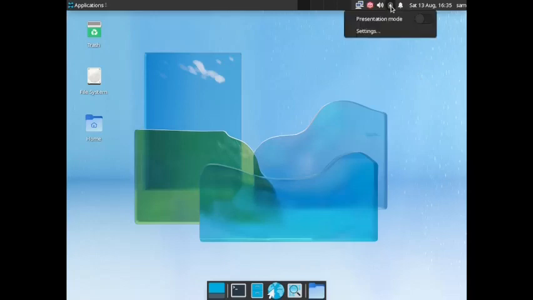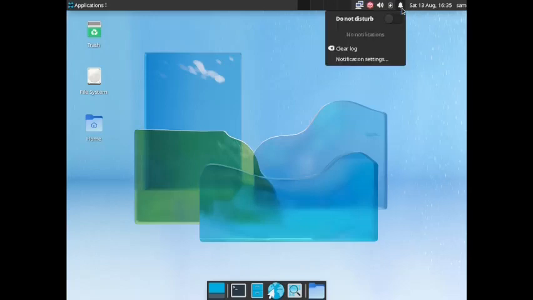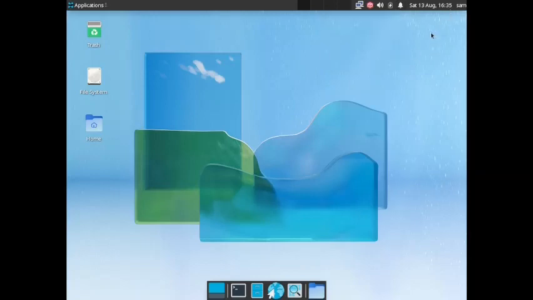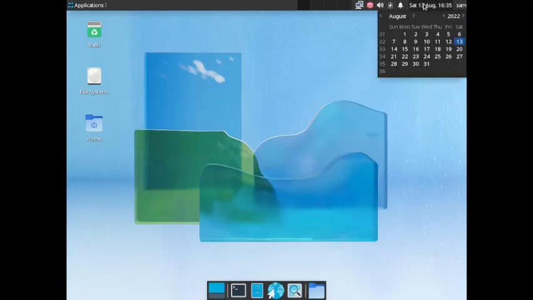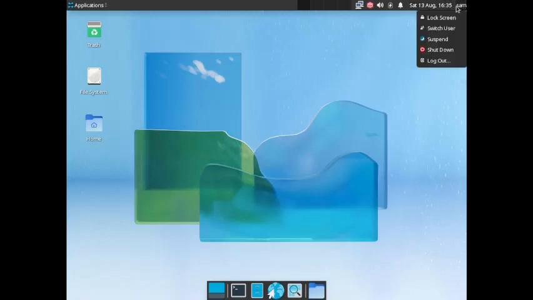Then there is the battery manager, so you can toggle the presentation mode directly, and you can do further settings by clicking on settings. Then you got the notifications with the DND option. You can clear the logs. You can do further notification settings from here. This is the calendar, day, date, time. And finally you have got the session manager, so you can lock screen, switch user, suspend, shut down and log out. And on the desktop you have got the trash, file system and the home